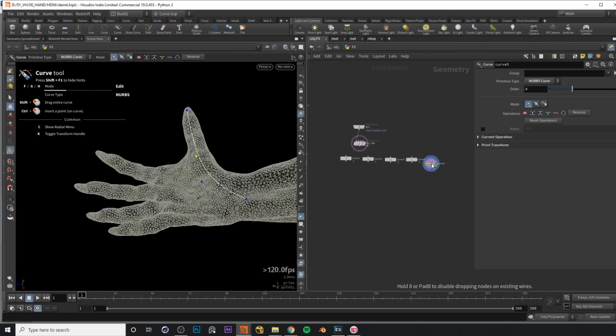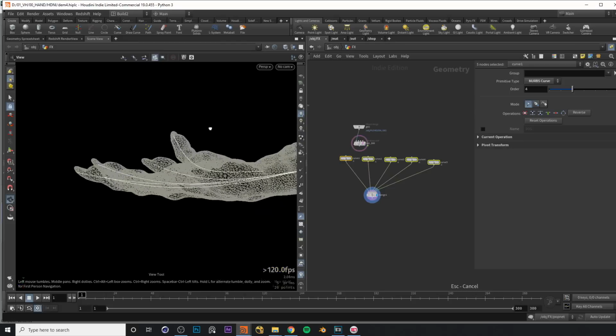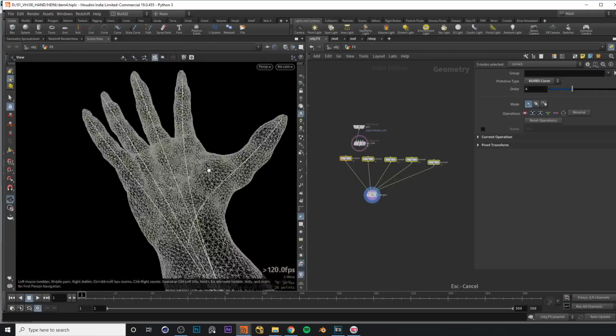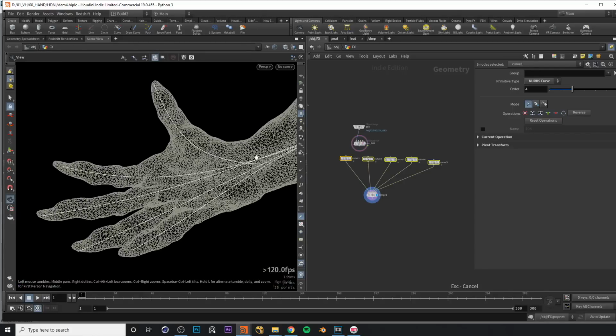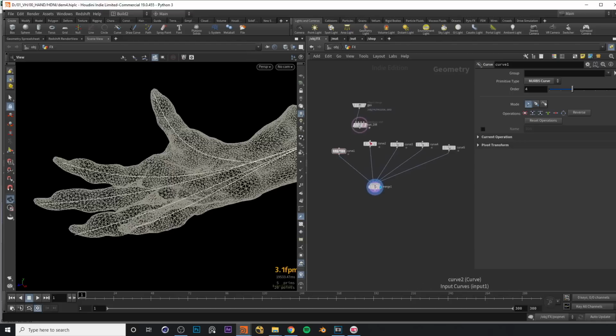Alright, and now if we add up all the nodes, so I'll select all the nodes, hold down Alt and drag a wire, and this will now automatically merge all of them. And if I press escape, we can see that this is what we end up with. And don't worry if it's not perfect. It doesn't really need to be exactly like mine. This is just to roughly get the overall direction for our points on the geometry. So I'll just arrange this slightly